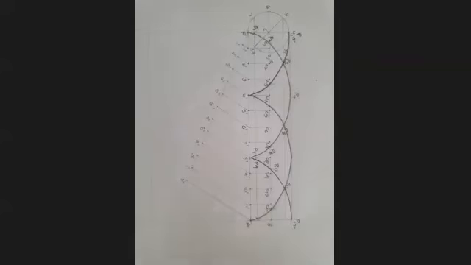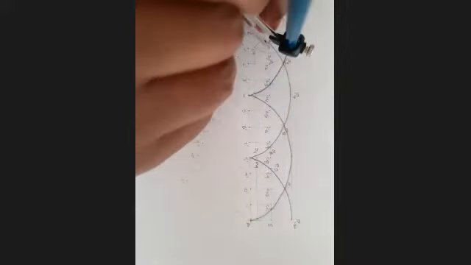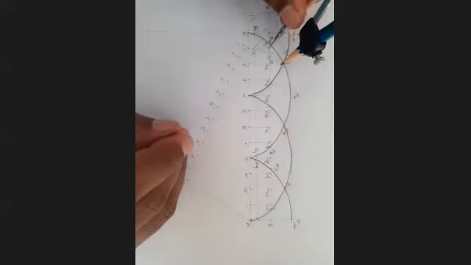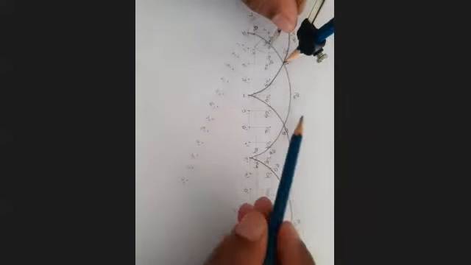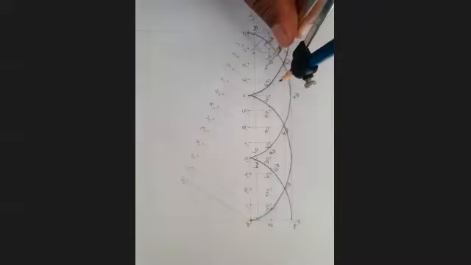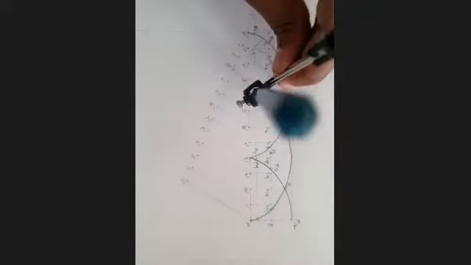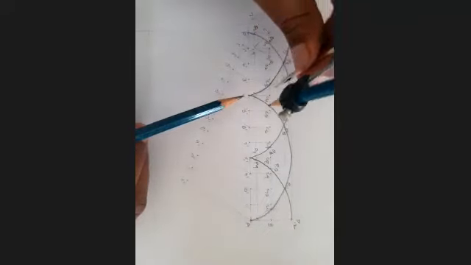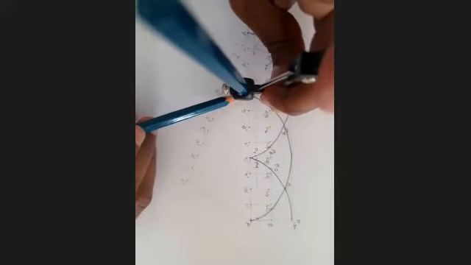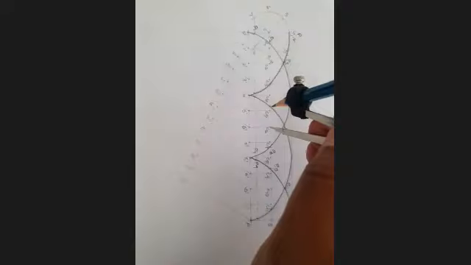Second curve arc cutting. For the second curve, forget about the point. Directly you go to C1, cut the arc on the first line. Now, what is the first line? This is the 0 line. This line will become the first line. Cut. Next, go to C2, cut the arc on the second line. Next, go to C3, cut the arc on the next line, here. Next, go to C4, cut the arc on the next line. Next, go to C5, cut the arc on the next line, nearer to this. Next, go to C6, cut the arc.